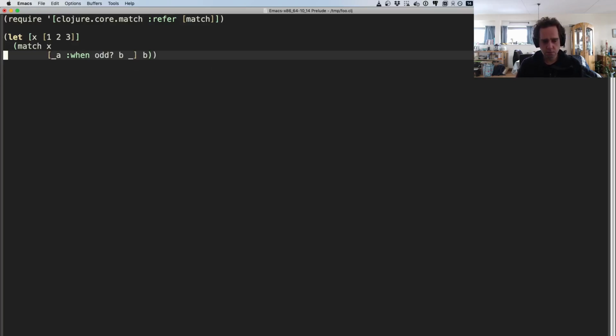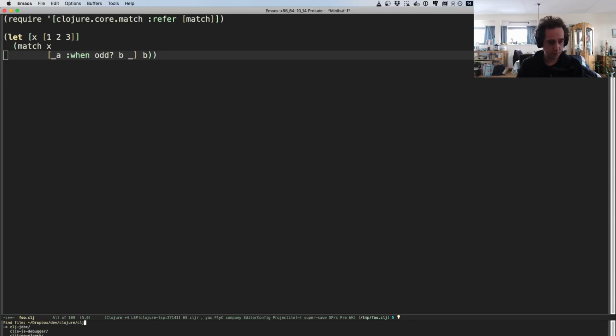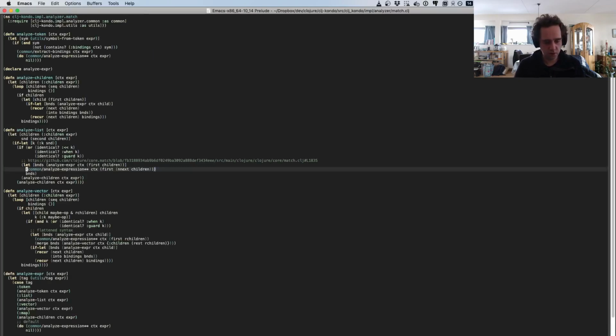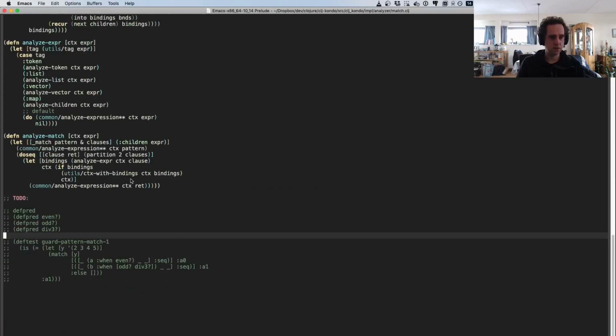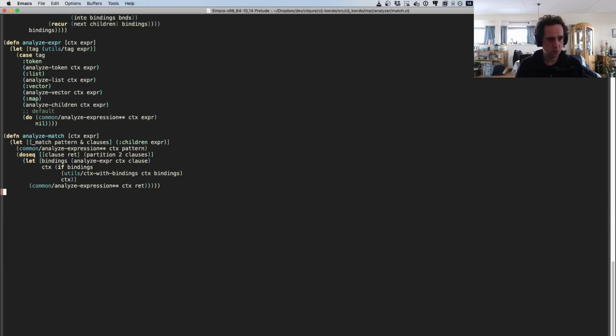So yeah, I could maybe show how this is implemented a little bit if you're interested in that. Clj-kondo, source impl analyzer match. So here is the code that was implemented to support this. So whenever Clj-kondo recognizes a call to analyze match, then this function is called, and this is the expression, which